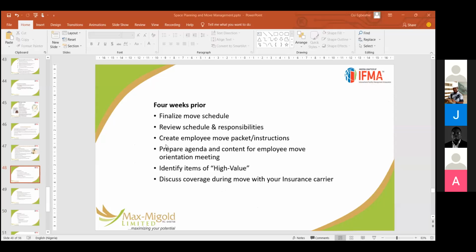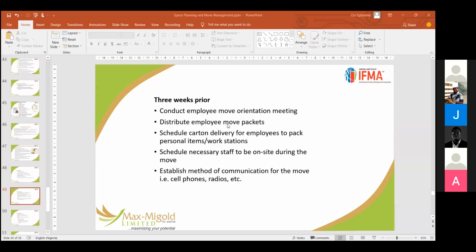I've mentioned that goods in transit insurance, you must get it, especially when you're using professional movers or even if you're doing it yourself. Three weeks prior to the move, conduct an employee movement orientation meeting, distribute the employee package, move packages, schedule carton delivery, schedule necessary staff on site during the move, and